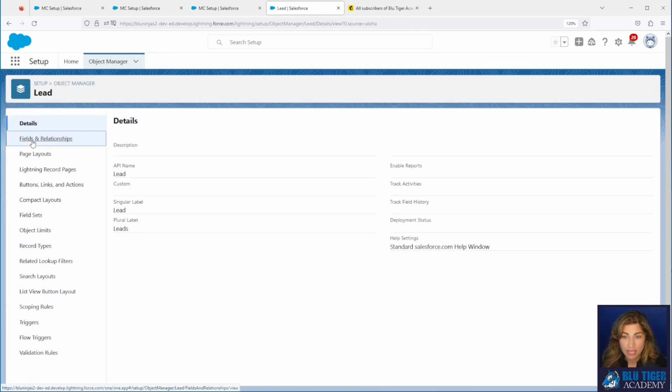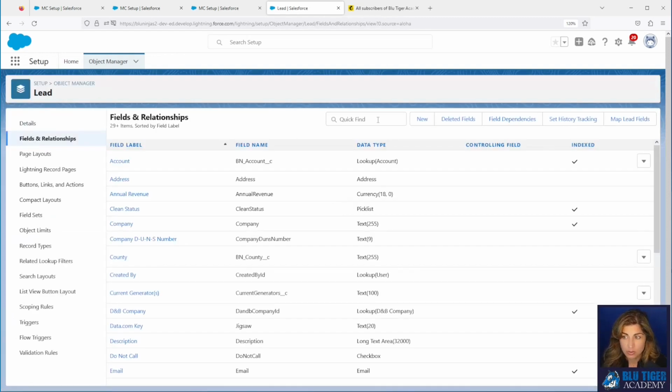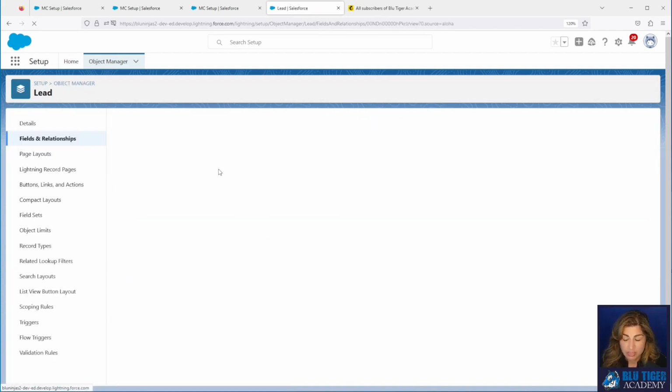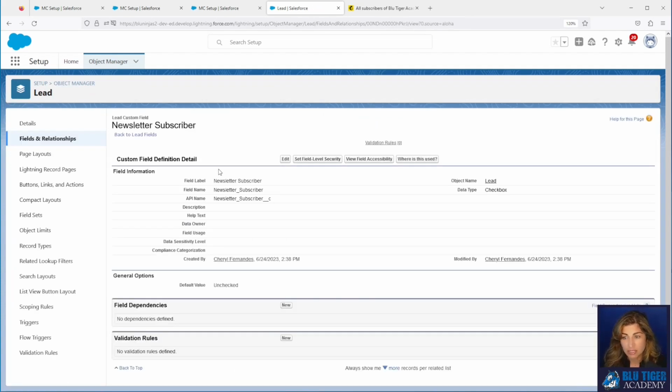And we have a field called newsletter subscriber. This field is a checkbox that exists on the lead and it exists on the contact. This field is one of the fields that we use to indicate one of the email preferences for a lead or contact. You could have pick list fields. You may have an open text field, which we probably wouldn't recommend using. Using checkbox fields and pick lists are the best ways that you can manage preferences for people within your database.